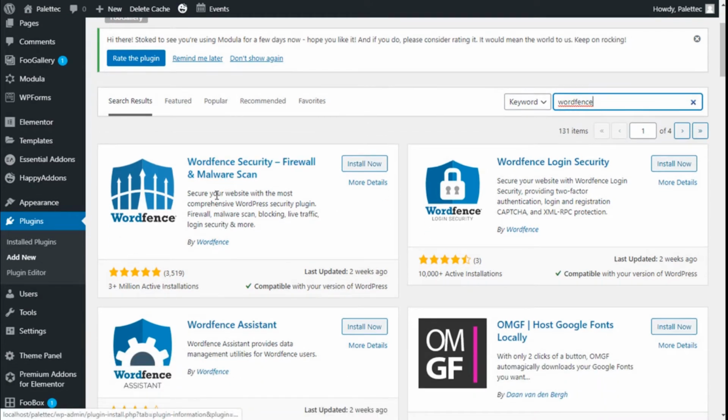Here's the one we are going to use, the Wordfence security firewall and malware scan. This is the most popular security plugin on WordPress. It has 3 million active installations and 5-star reviews, and it's quite good. It has quite a few features that are commonly found on premium paid plugins, but this one is for free. Secure your website with the most comprehensive WordPress security plugin: firewall, malware scan, blocking, live traffic, login security, and more. So we are going to click on install now,